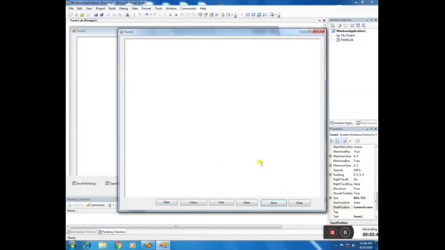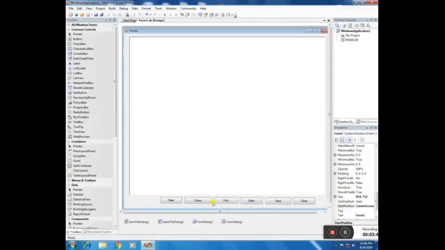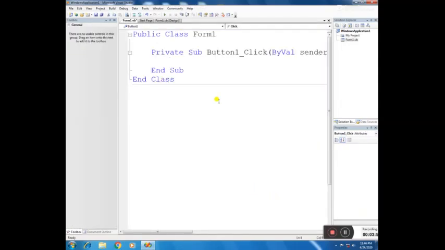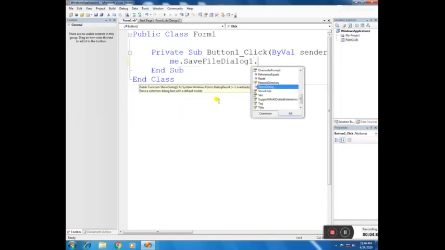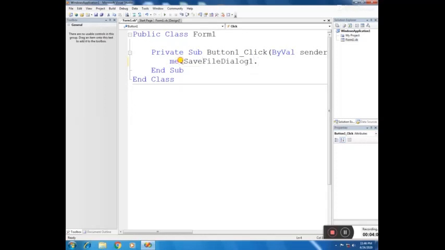Now we will do the coding for all these things. First we will code for the save file dialog box. This Me is optional.